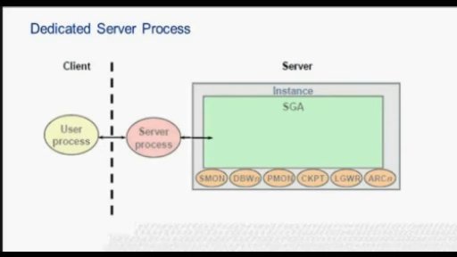Dedicated server processes. The user process and server process are separate. Each user process has its own server process. The user and the server process can run on different machines to take advantage of distributed processing. There is a 1-to-1 ratio between the user and server process. Even when the user process is not making a database request, the dedicated server exists but remains idle. The program interface in use here depends on whether the user and the dedicated server processes are on the same machine or not. If they are, the host operating system's inter-process communication (IPC) mechanism is used for the program interface between these two processes.